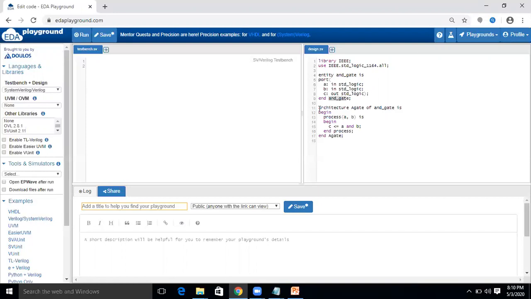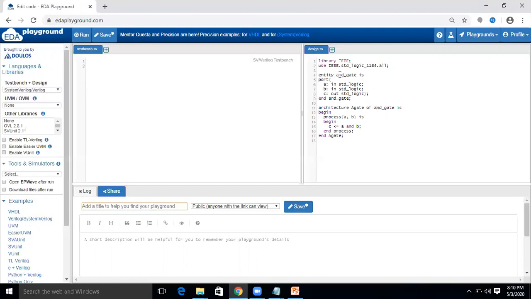After the entity, we write the code for the architecture. We'll define the architecture. Some name you have to assign to this architecture. Here I'm using a_gate as the name of the architecture, then the keyword of, and then the same entity name which you have used earlier, you have to mention that in the architecture part.